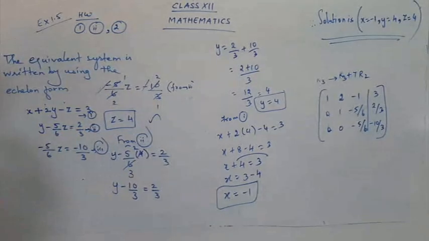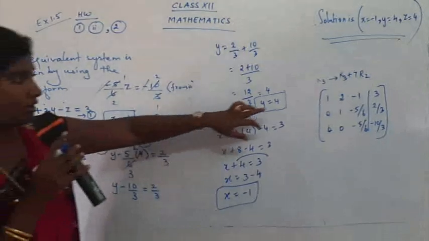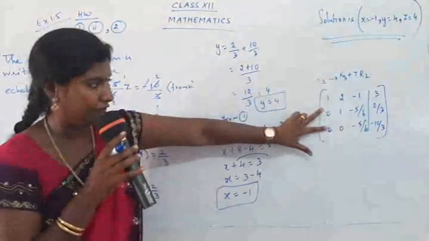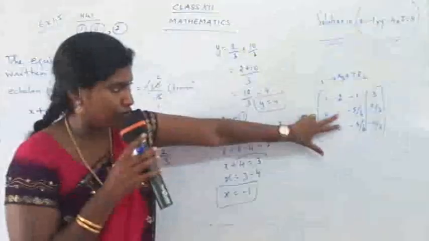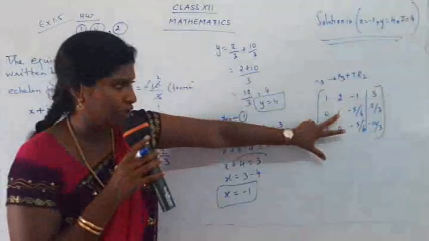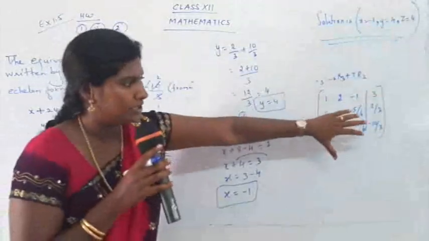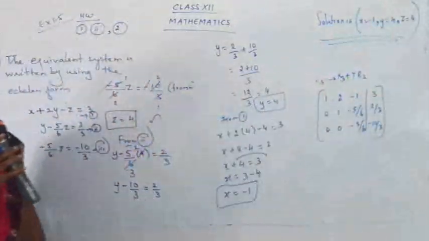So now take the second question. Is the first sum clear, children? Yes. So follow the steps that I have told you. Try to bring the first element as 1, then you have to make 2 zeros below it. In the second row, below the first non-zero element you should get a 0, so that it will be easy to get the values of the unknowns.